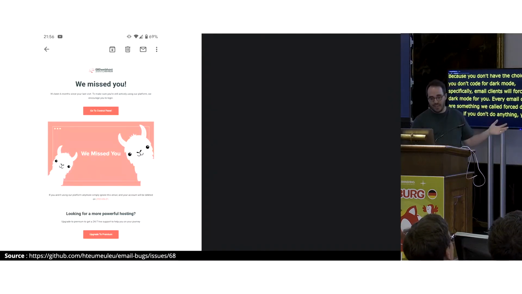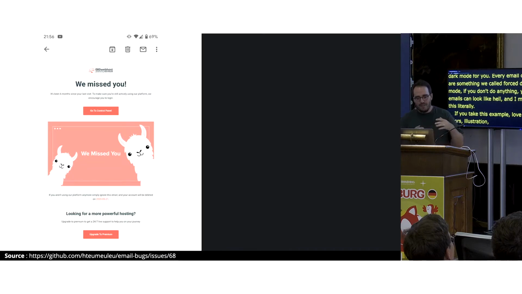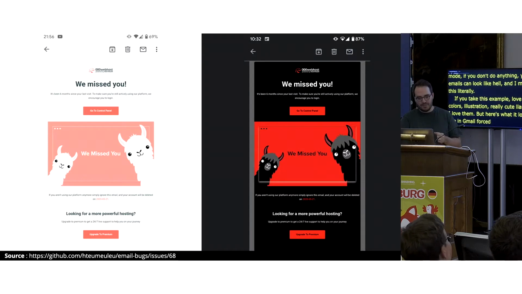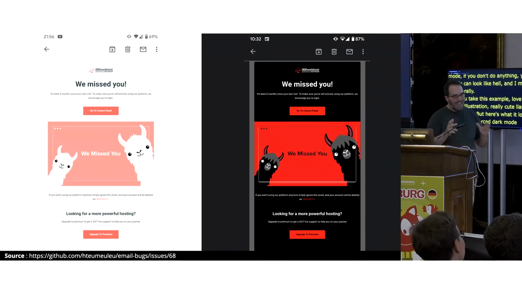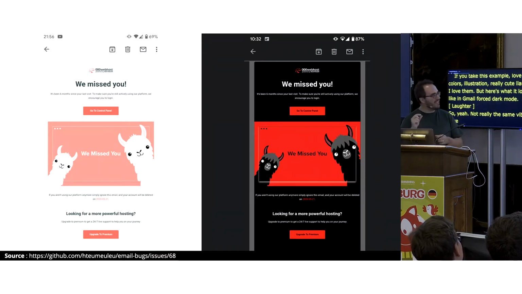If you take this example from a web host, it's a super cute email, lovely colors, illustration, really cute llamas, I love them. But here's what it looked like in Gmail forced dark mode. So yeah, not really the same vibe here. And the "we missed you" feels kind of, yeah.